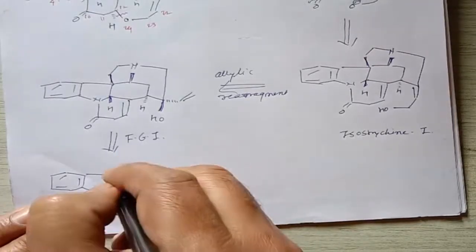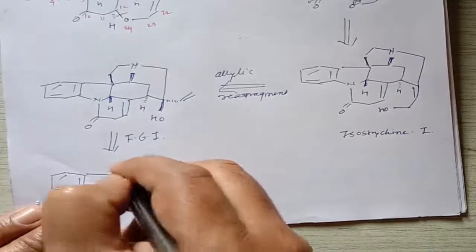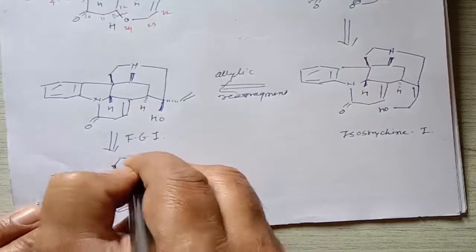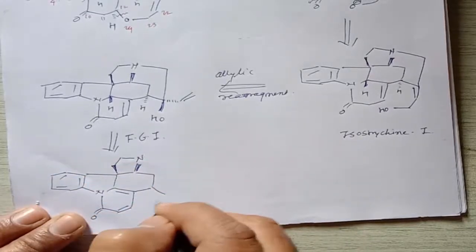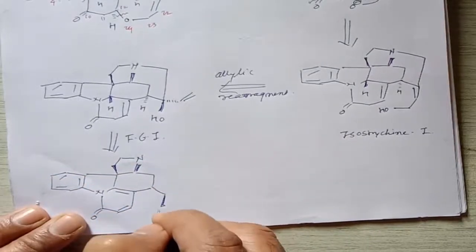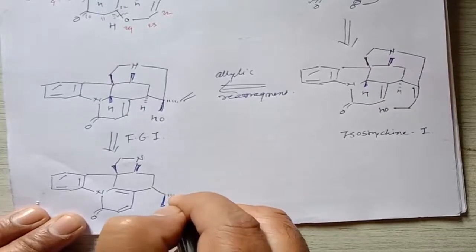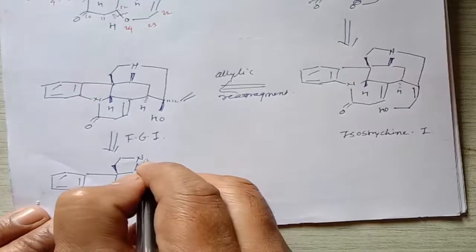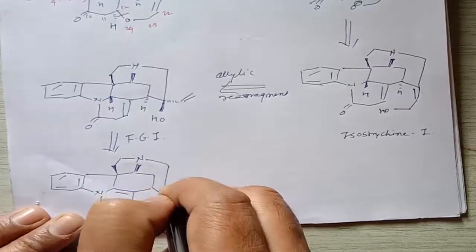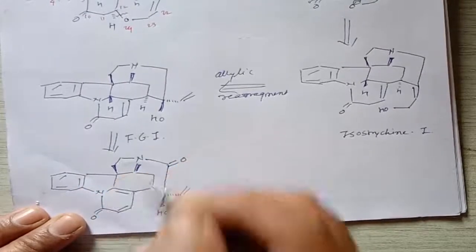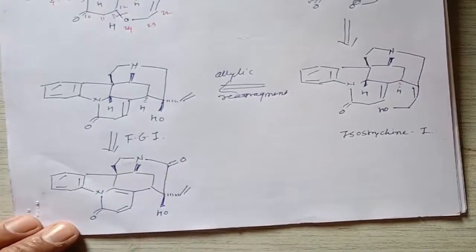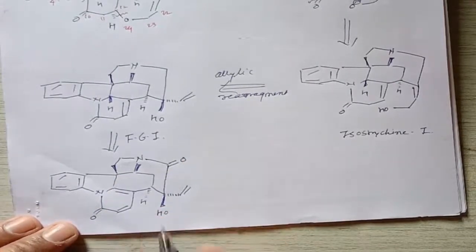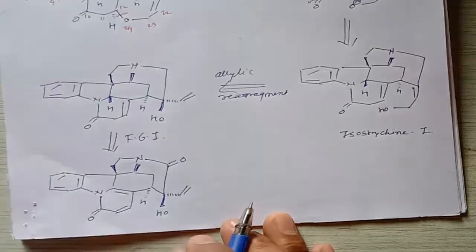So this is functional group interconversion, and then the remaining molecule will be again the same here, then CH to CH, here the OH above the plane, and here is the allylic group, and then we can introduce a carbonyl functional group at this position, right? So this is called functional group interconversion, and this is the hydrogen which is above the plane, right? In the further step,